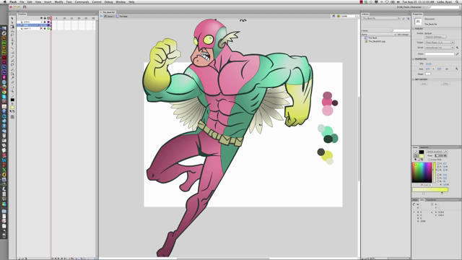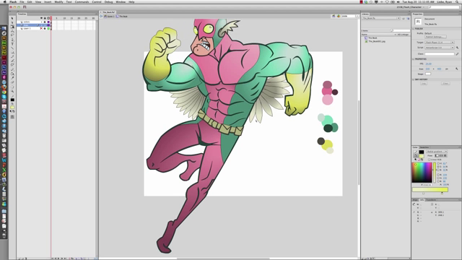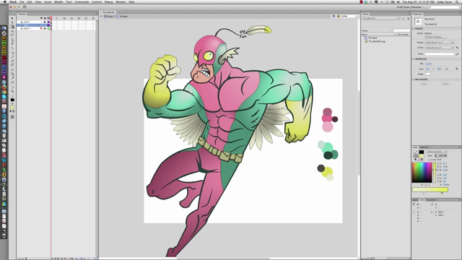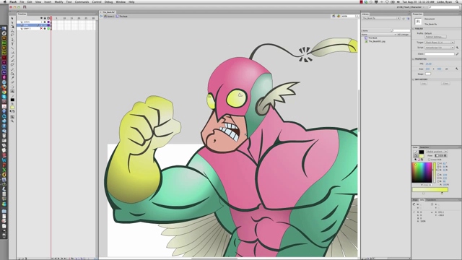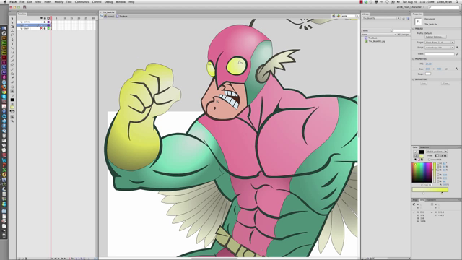Okay, so for the finishing up of this, I'm going to apply gradients to the dark lines that we've created so far. And that's going to give it a little bit more flexibility in the character. So let's start with the face area, and I'm going to start with the chin, and same type of gradient. So get this dark brown line. I'll reference it twice, and